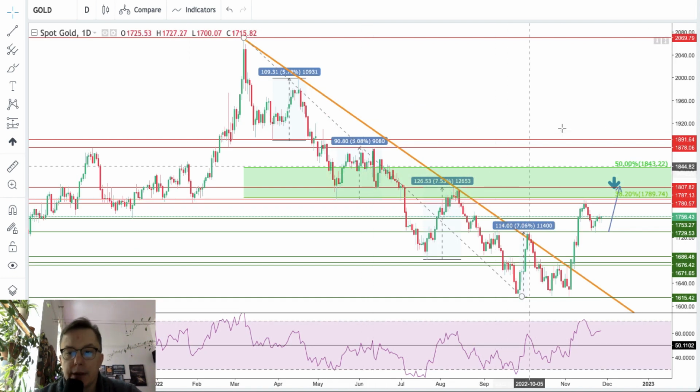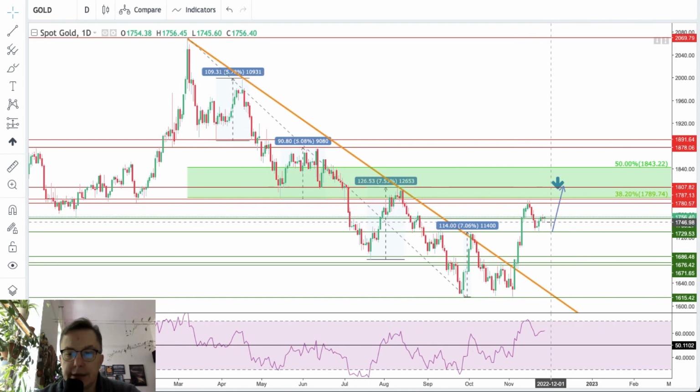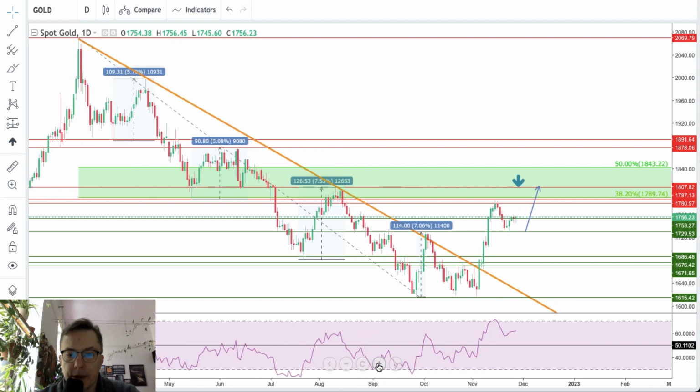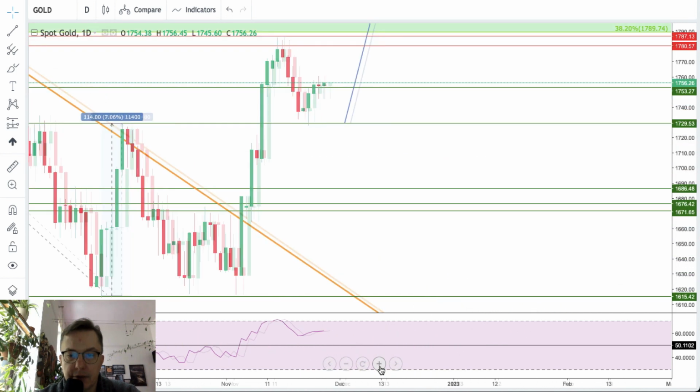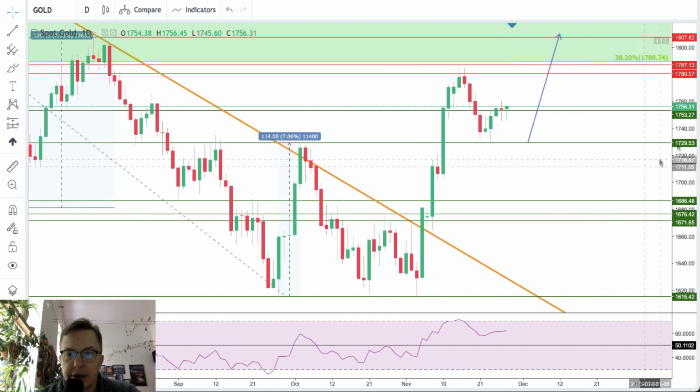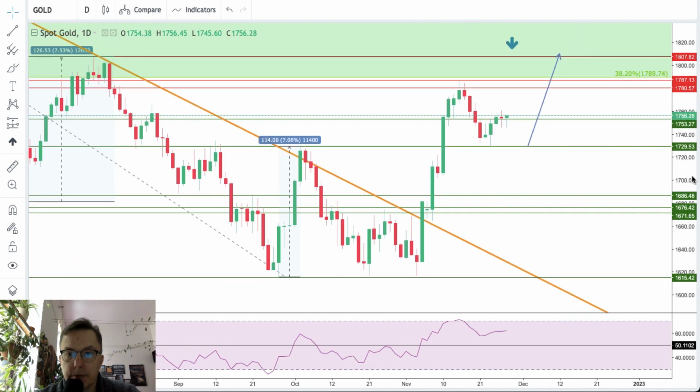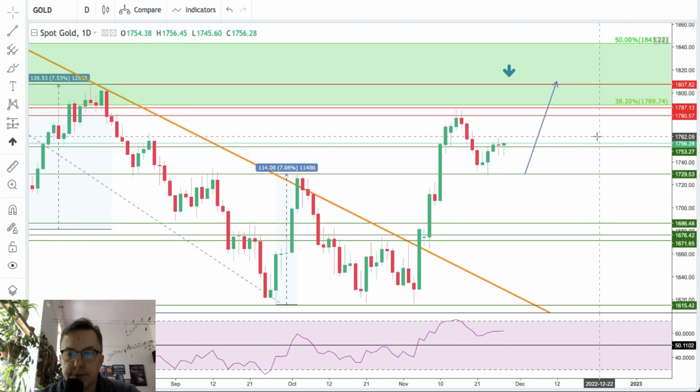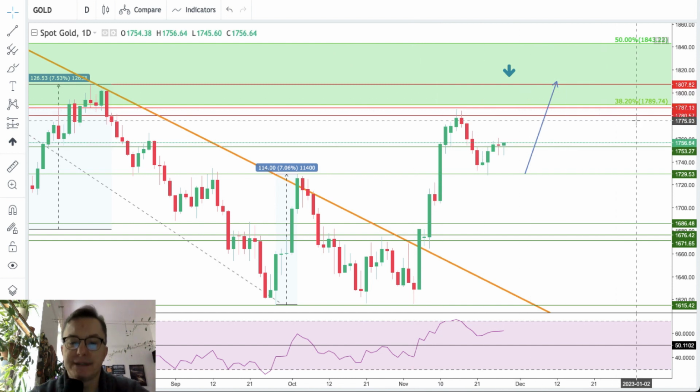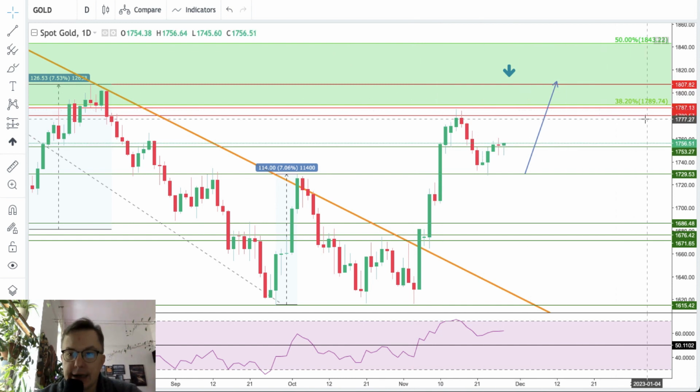Gold. Well, gold apparently is in a different situation, because it looks like we want to retrace even more. So we broke above the trend line finally. Okay, we talked about it already. We broke above the trend line. We retraced almost 38% of the Fibonacci of the last wave down, right? The 38% is seen at 1,789.